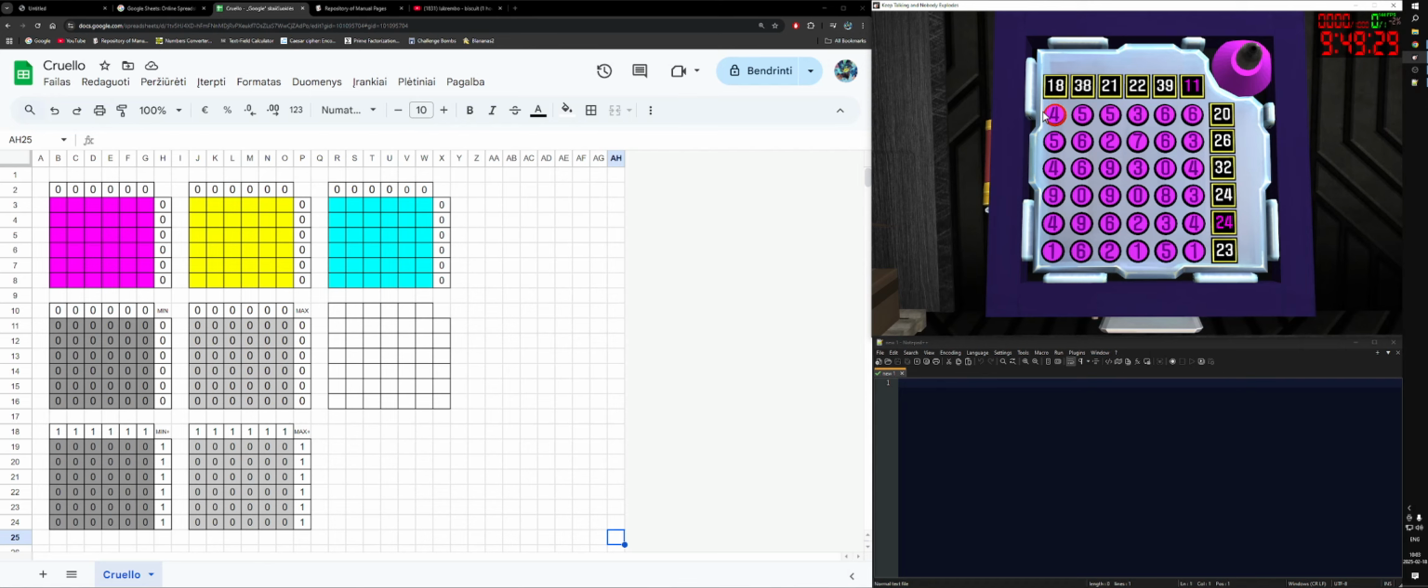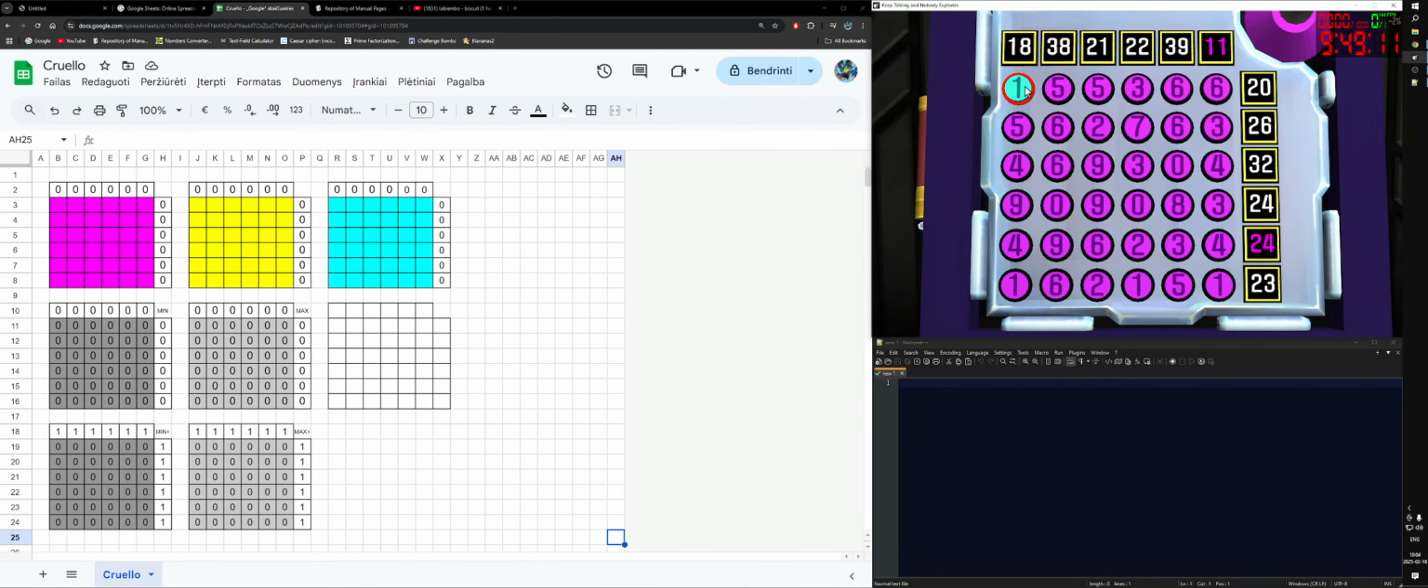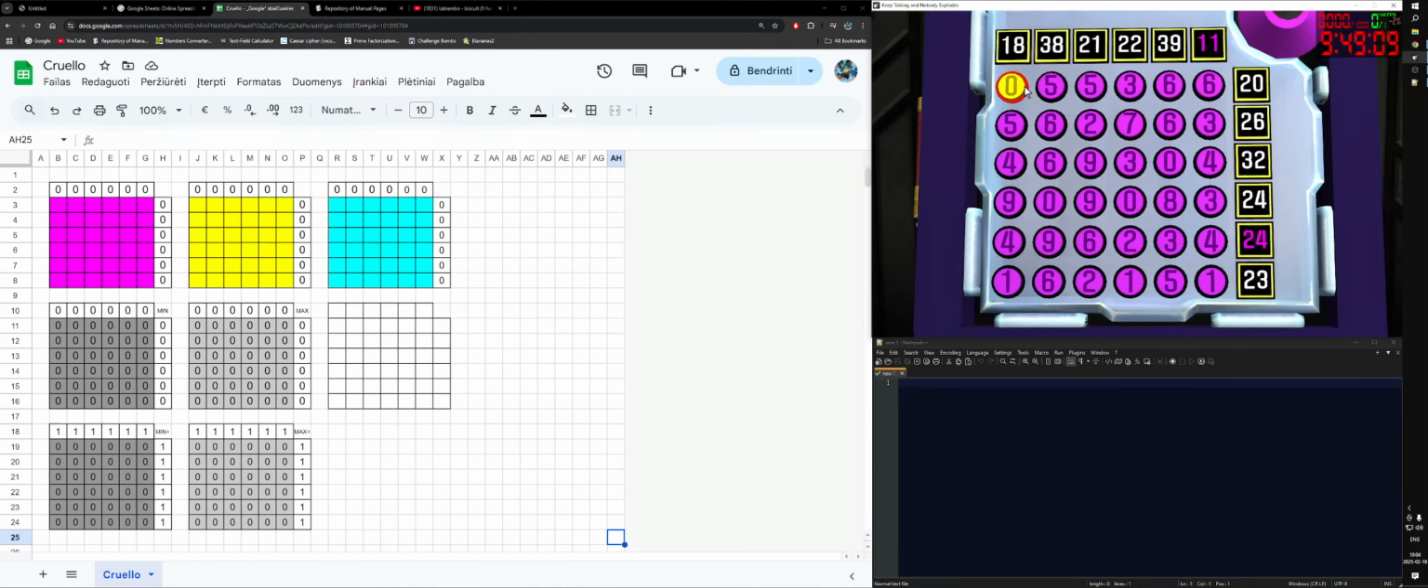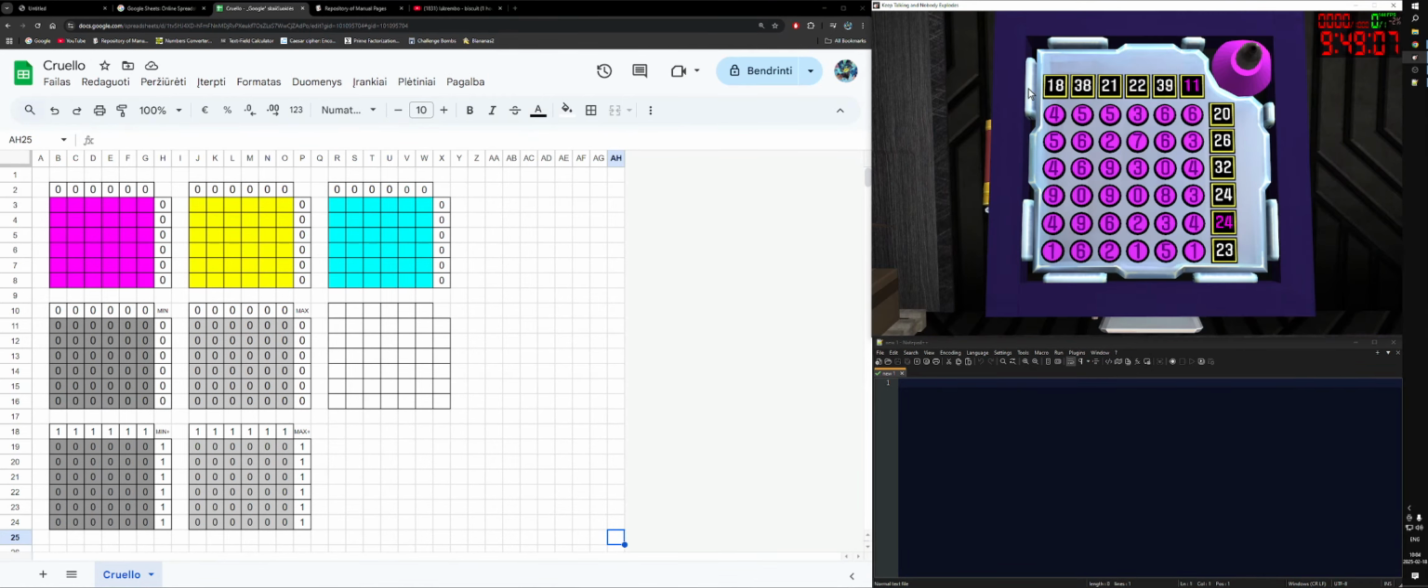The way it works is very similar to another module called Cruello. In this module, you are presented with a 6x6 grid of numbers that initially start out in the color magenta, but if you click them, you can change their color between magenta, yellow, and cyan. The goal of this module is to have every number in a row add up to the number shown,